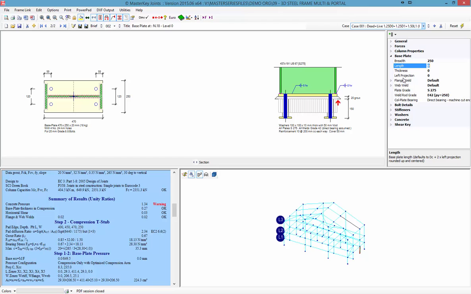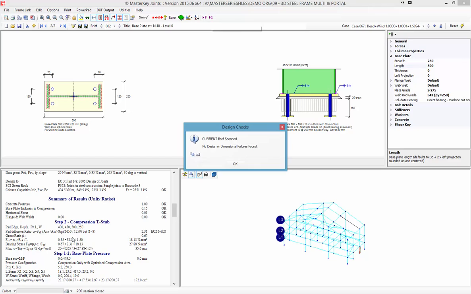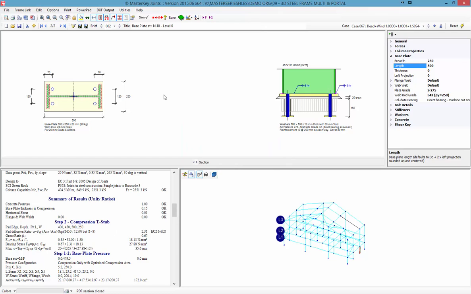And it is 470, I'm going to make it 500. Doesn't sound like a lot, but all we need is to get this equal distant projection, and now that joint works. Does it work for all loading cases? Very good question. Let's scan that, and it's now running through, and we're happy. Very, very quick and efficient